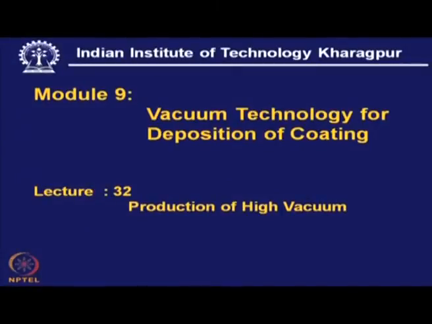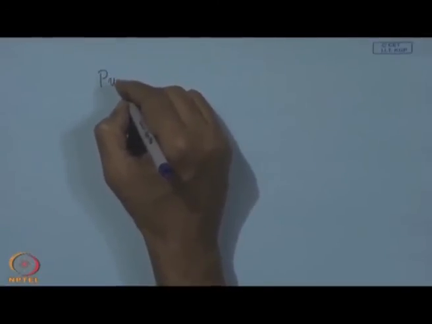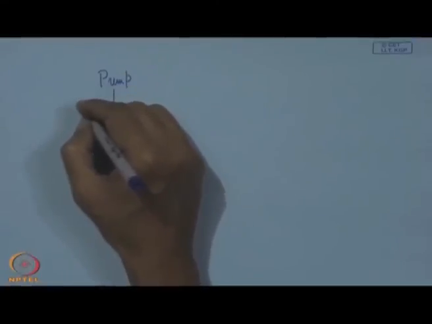In this we have two types of pumping system, and today we shall discuss the production of high vacuum, how we can produce high vacuum inside the system. For that we have to look into what are the types of pumps. Now, here we can see that a pump for the high vacuum can be moving,